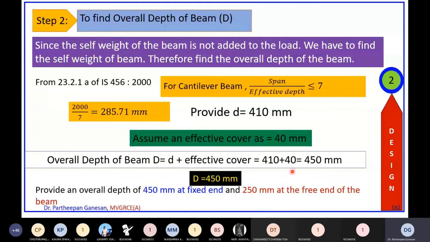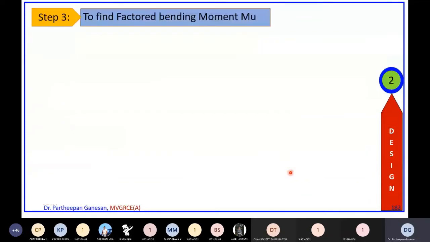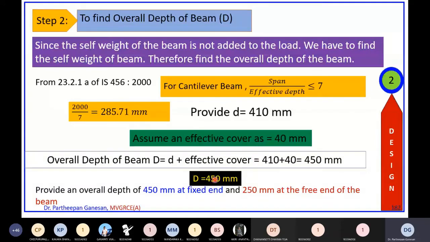So that is my depth. I have found the depth as 450 mm. The 250 mm I have taken arbitrarily. You can have any value, but obviously it cannot be a very small value, because you will have reinforcement at the top and reinforcement at the bottom. So you have to have a clear cover, effective cover and all. So I have provided 250 mm. You can provide 300 mm, 400 mm, 350 mm, or even 200 mm, as long as you are able to satisfy all the specifications given in IS 456.